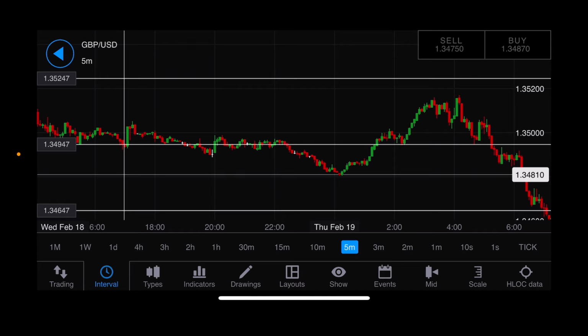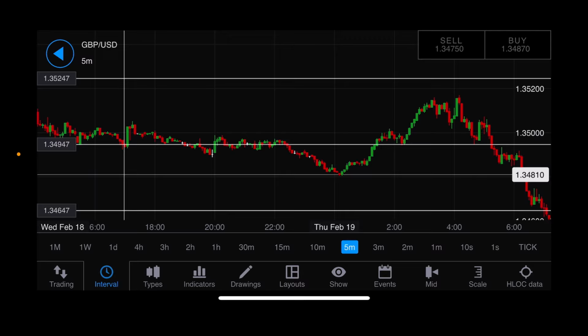All right, we're going to take a look at Thursday, February 19th. This was another no trade day, but just thought it was important to take a look at what the pair behavior was, even though there was not a trade, but also why there was not a trade for us to enter. So looking at the screen here, you can see that the vertical bar on the left-hand side represents the